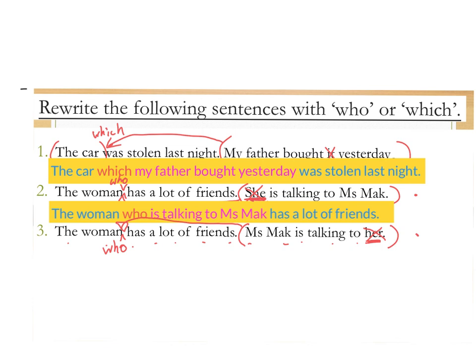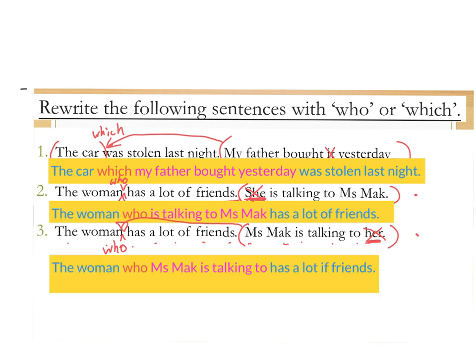So the sentence becomes, the woman who Miss Mac is talking to has a lot of friends. 嗰個呢 Miss Mac 同佢講緊嘢嗰個女人啊，有好多朋友㗎。